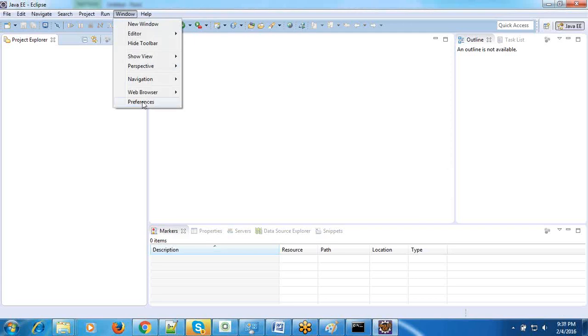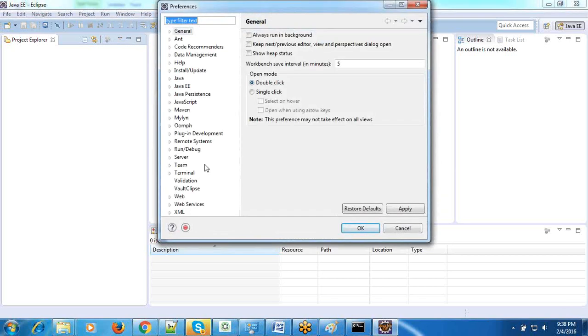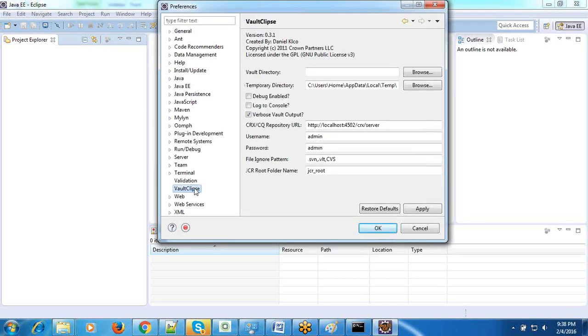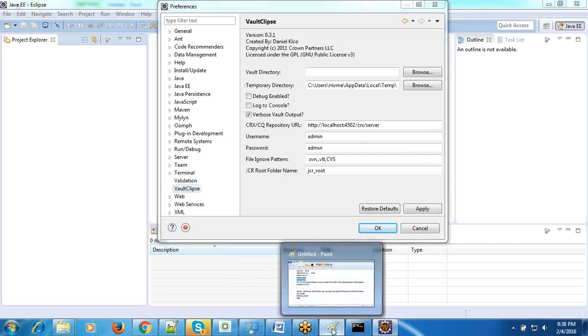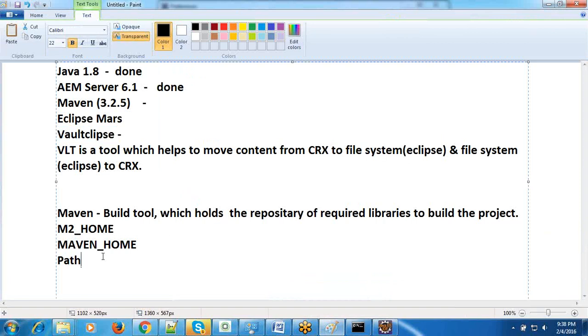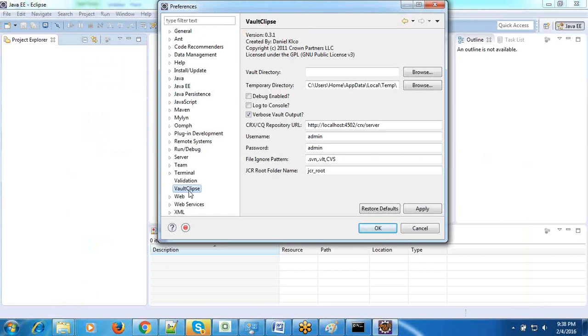Now check, go to Window, Preferences. I guess we may not get Vault Eclipse. I know that we will not get it, but for your practical understanding, I did that. Yeah, we got it. Sometimes we will not get it, don't bother about it. That time what you need to do, my precaution, what I suggest, note it down. Even if you install Vault Eclipse, if you are not getting the option for Vault Eclipse,